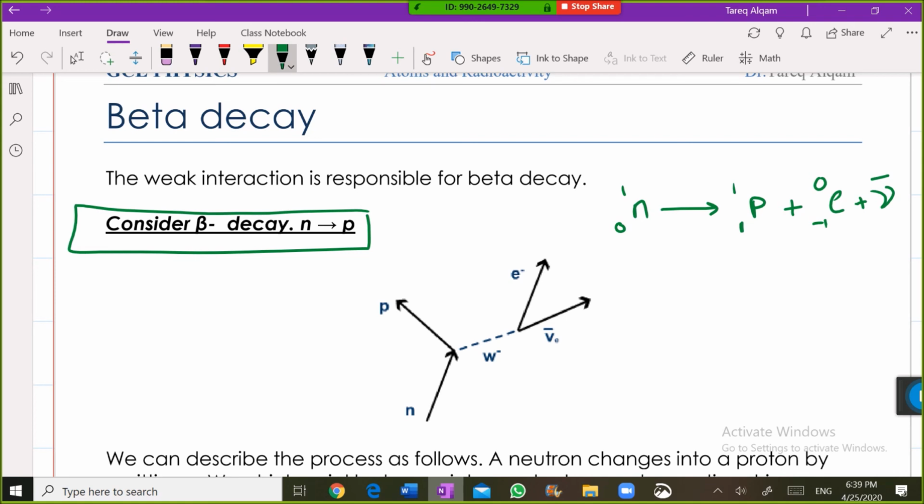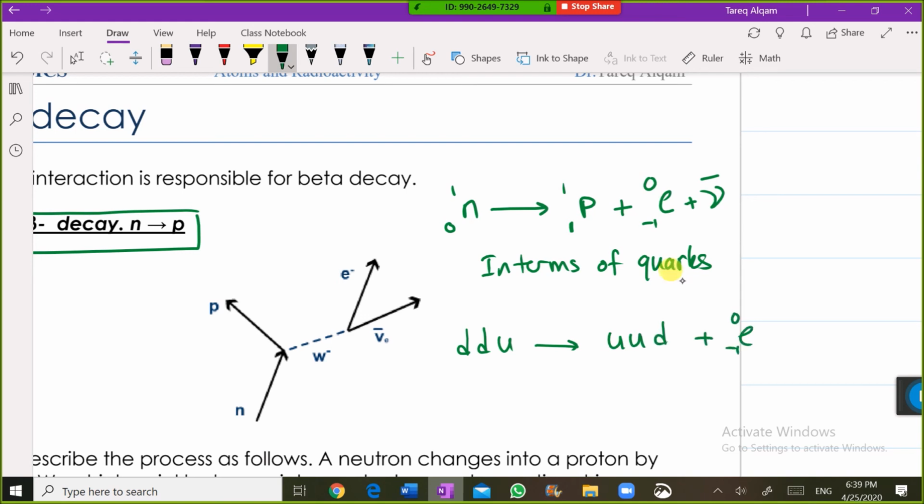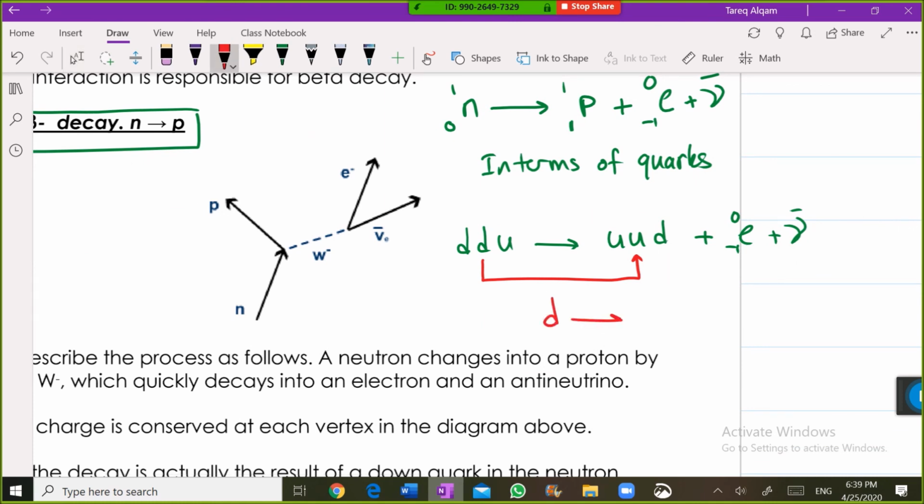تفرجوا كيف هذا الاشي بيصير in terms of quarks. هلا النيوترون ايش هو؟ هو داون داون اب، صح؟ تحول لايش؟ لاب اب داون زائد الكترون زائد انتي نيوترينو. يا جماعه يعني شو اللي صار فعليا in terms of quarks؟ انه واحد من الداونز decay to up، صح؟ هذا اللي لازم نعرفه، بس انه الداون صار up. as a result of that شو اعطاني؟ اعطاني الكترون وانتي نيوترينو. هذا بسموه weak nuclear reaction. تمام؟